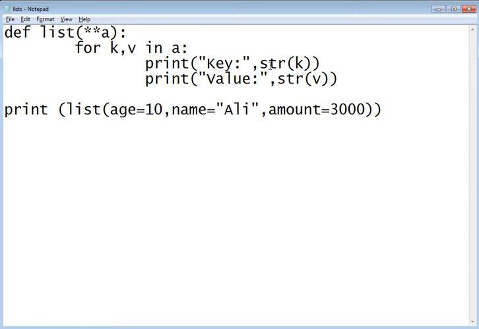So if we use try catch, this is k, this is value in A, so we should use str key and str. Let's see.